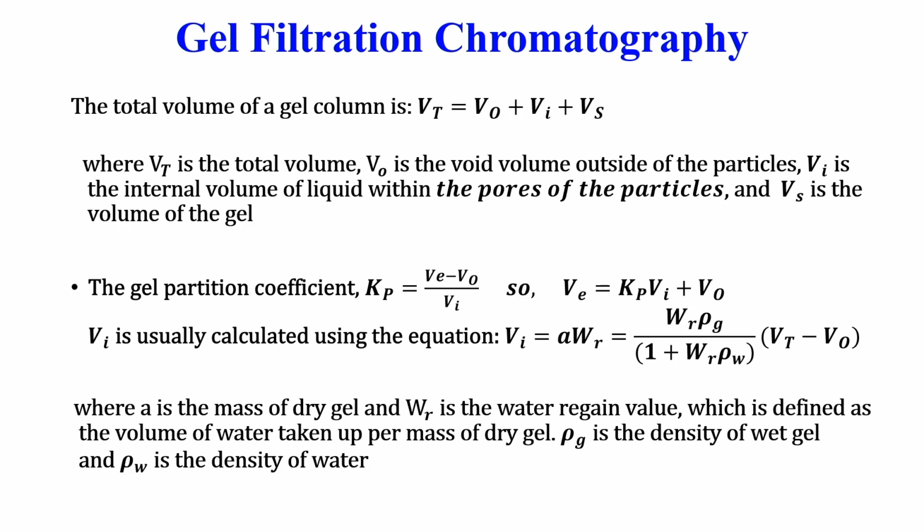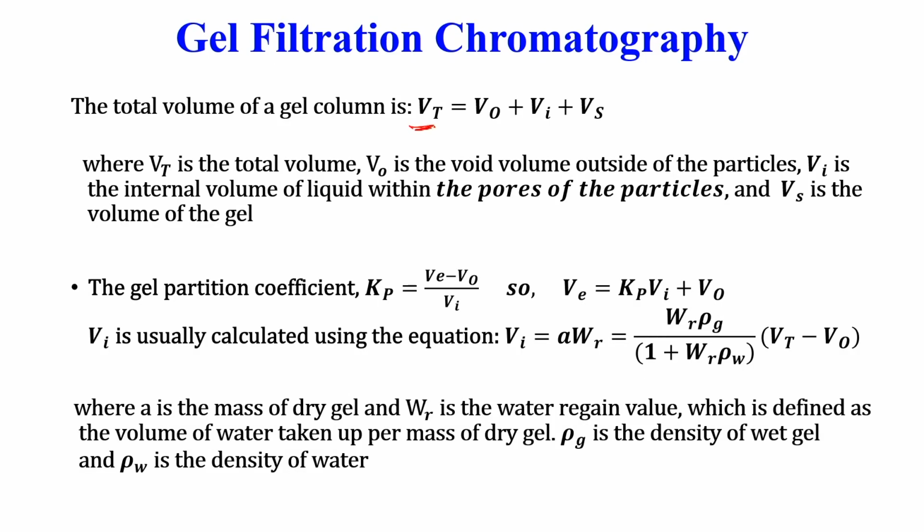In the case of gel filtration, this is based on size exclusion chromatography. So, let us say you consider the total volume of the gel. It is the sum of the void volume, plus Vi, the internal volume of liquid within the pores of the particle, plus Vs, the volume of the gel. So, total volume will be void volume plus internal volume plus